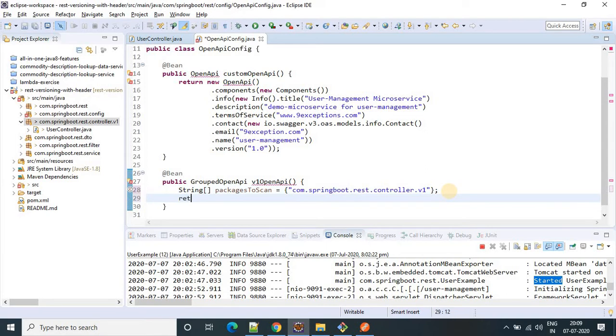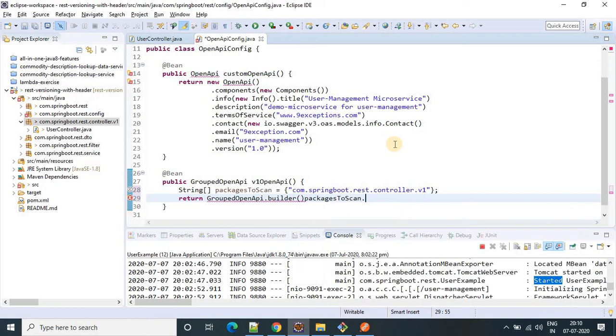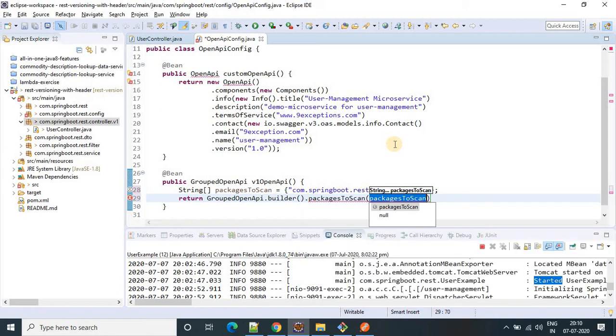Now return, copy this one, dot builder, dot, we have to provide here, not this one, dot packagesToScan. Yeah, we got dot packagesToScan. This one.